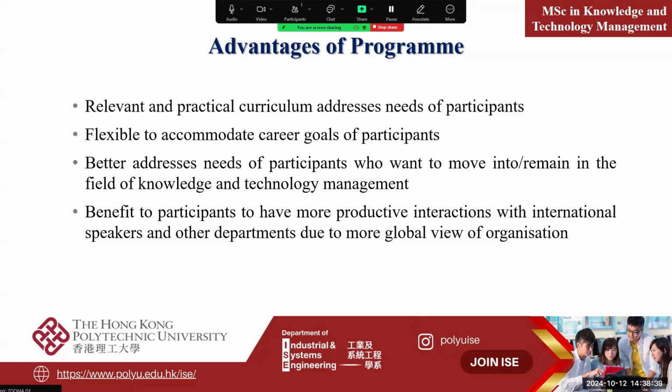In our program, we do not put much emphasis on programming. If you would like to study how to write programs for computer science, this program is not suitable for you. Even for data mining and business intelligence, we focus more on teaching you to use tools to do that, instead of writing the programs. We are not developing you as a software engineer. I hope you understand the position of this program.